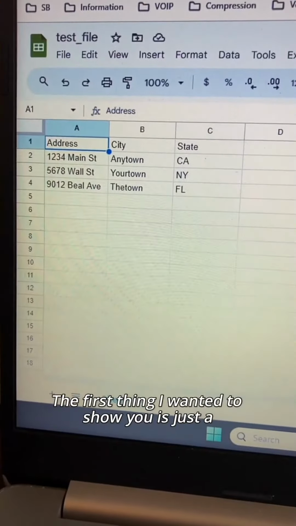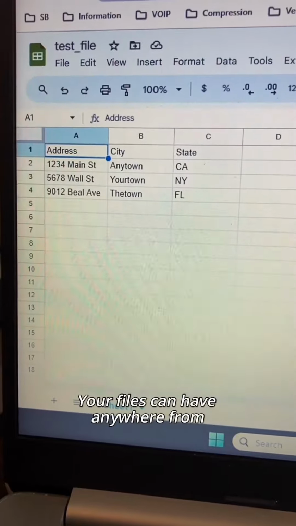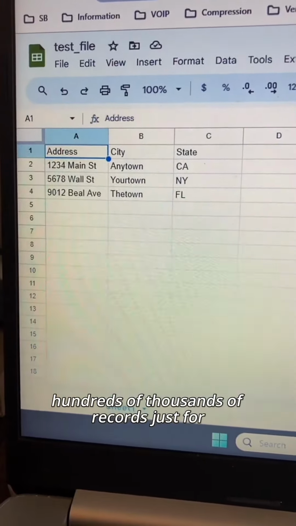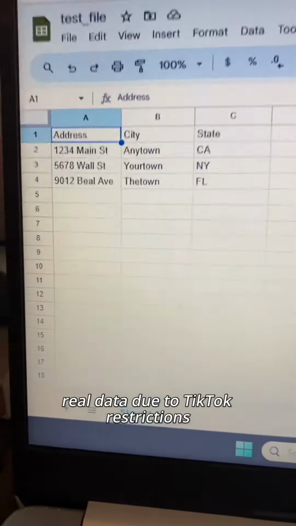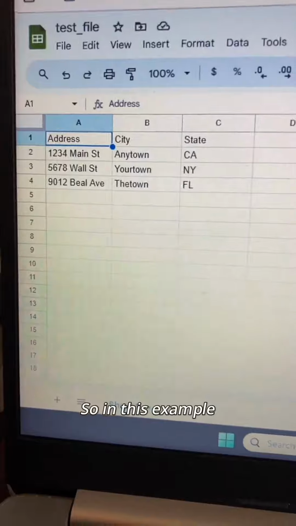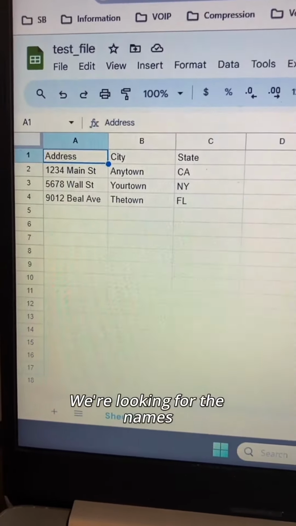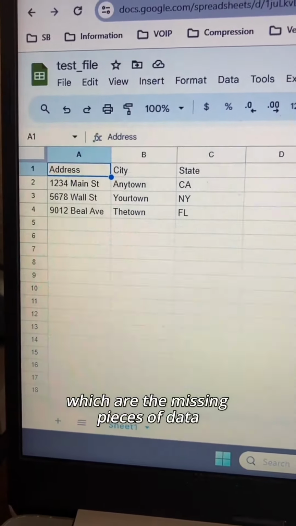Well, the first thing I wanted to show you is just this generic test file we threw together. Your files can have anywhere from hundreds of thousands of records. Just for example purposes, we obviously can't use real data due to TikTok restrictions. So in this example, we have an address, a city, and a state. So we're looking for the names, phone numbers, and email addresses, which are the missing pieces of data from this